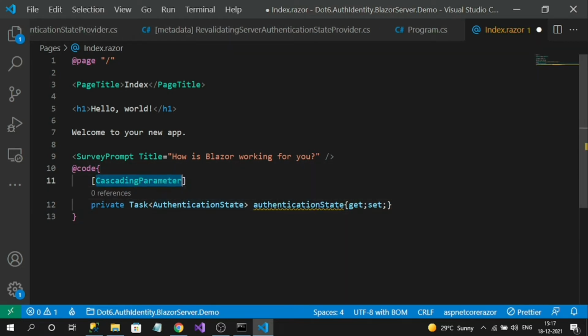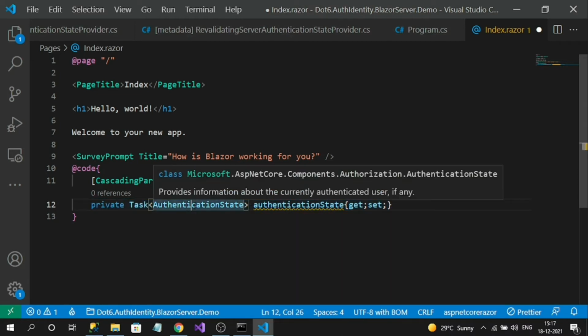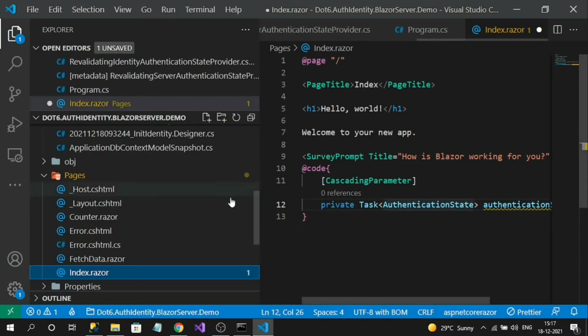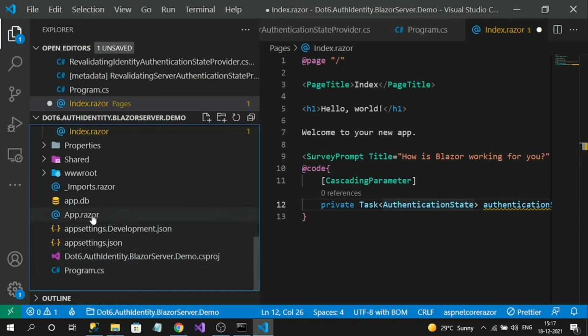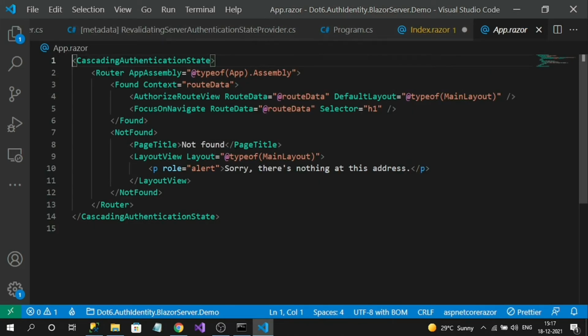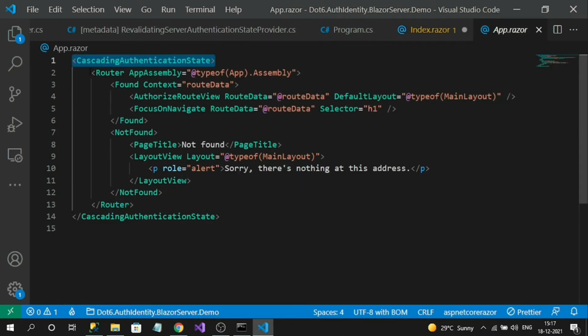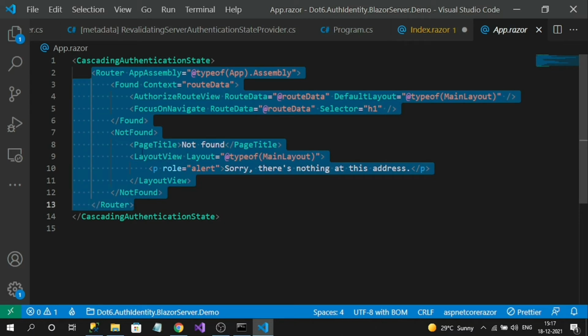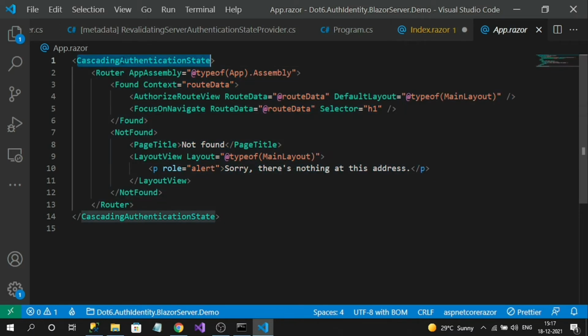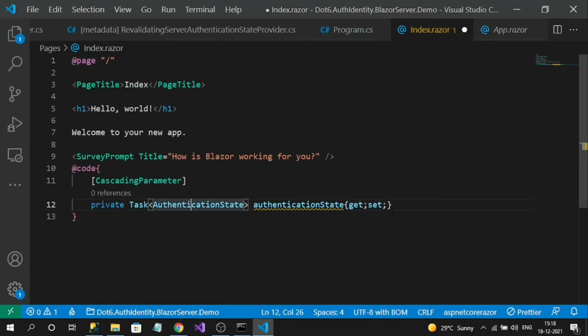Like this, on every component, if you want the logged in user information, you have to use the authentication state property. And how this is injected as a cascading property: if we go to App.razor, here we can see the root component, which is nothing but a CascadingAuthenticationState, injecting this property into every component, because App.razor encapsulates the router component. That means any property inside of it can be read as a cascading property in the Blazor components. Okay.